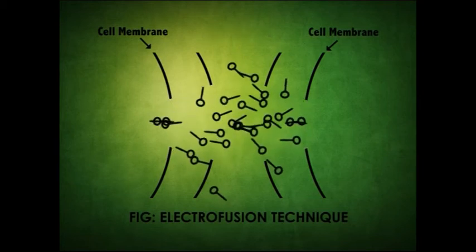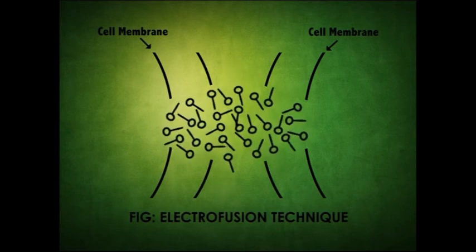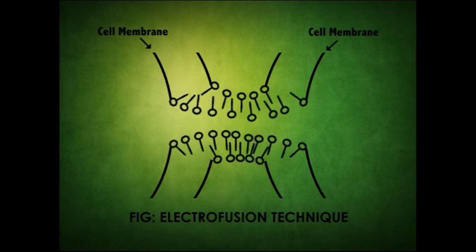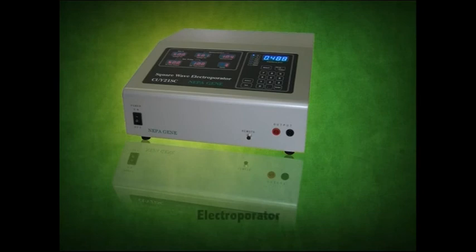This leads to the breakdown of membranes where the adjacent cells are in contact, resulting in the fusion of protoplasts. The entire operation is carried out manually in specially designed equipment called an electroporator. In this method, there is no control on the type of protoplasts which are fused. A slight modification to this technique leads to the development of